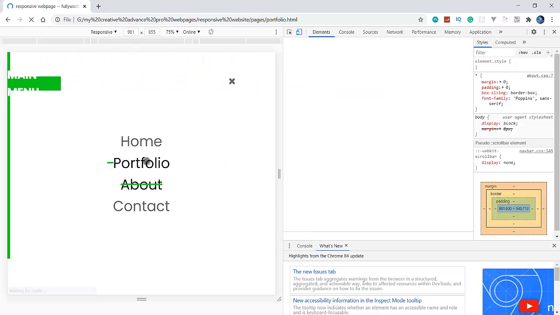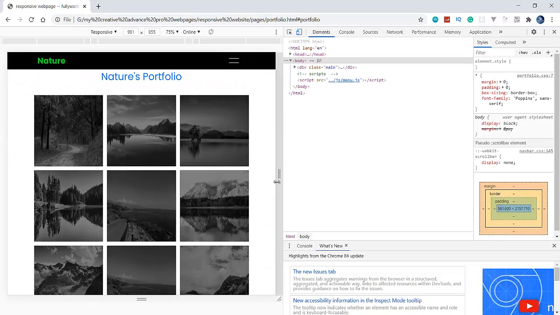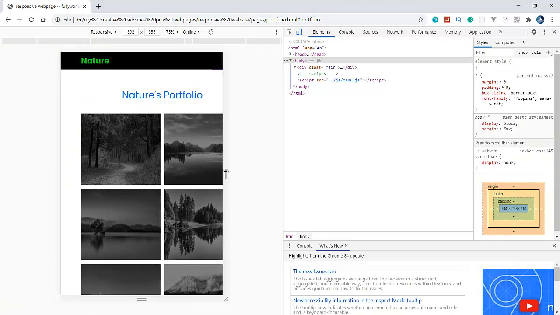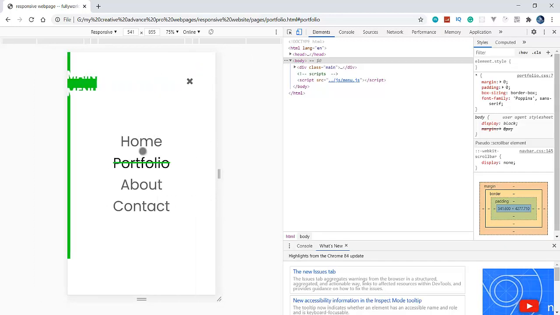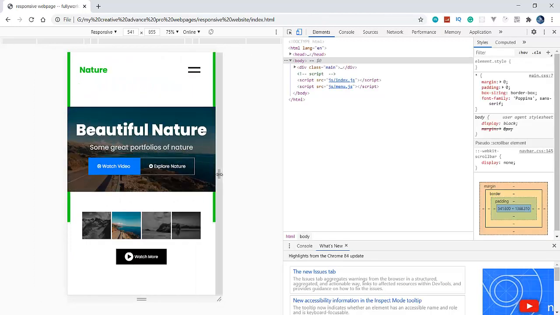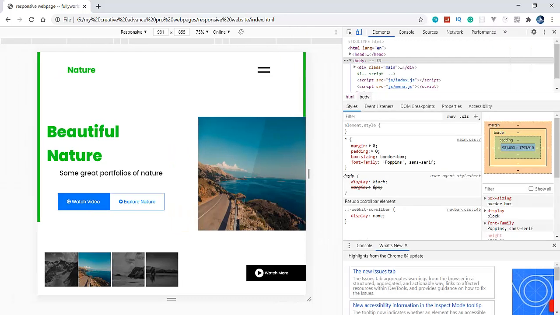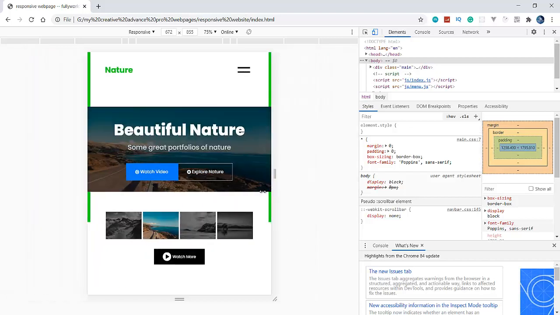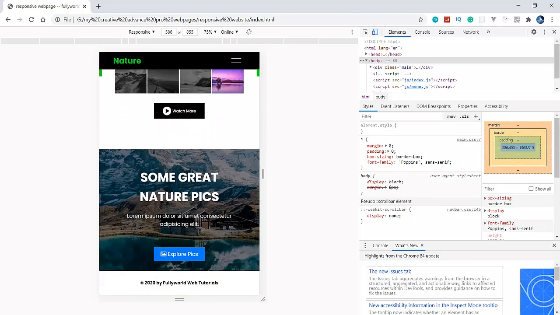Let's go to portfolio here. See that this is our portfolio, and when you click on explore, this is also very responsive here. Again, this is very responsive. So let's move to our home page. This is our home page here, and this is our original responsiveness. See that. You can change it also here, and this is also changing.